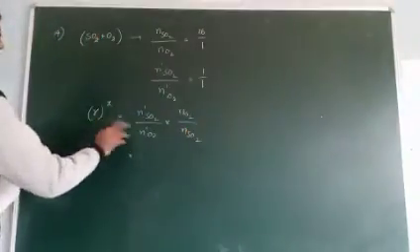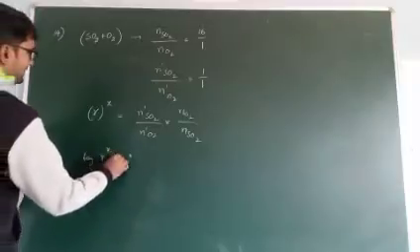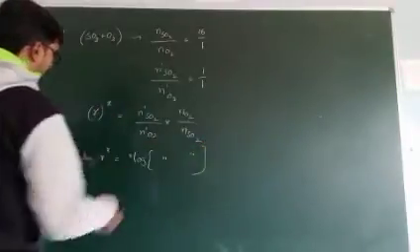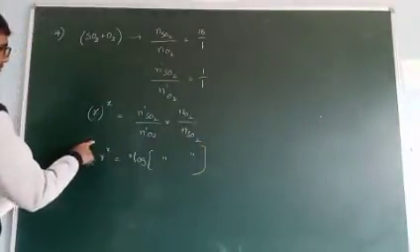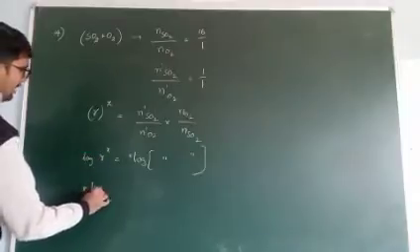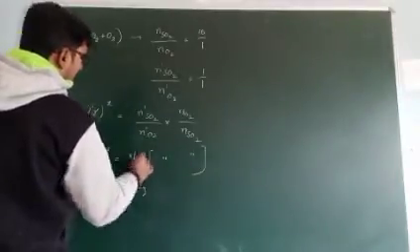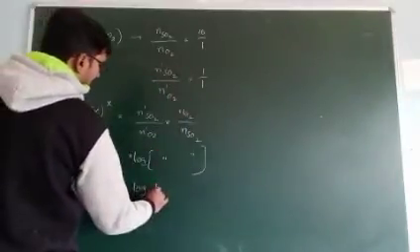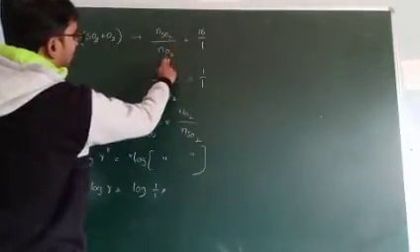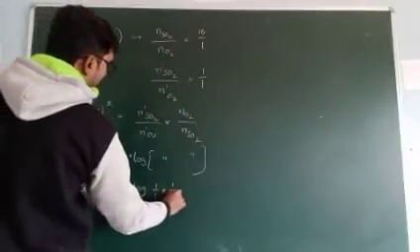Now take the logarithm on both sides. Log r power x is equal to log of this total value. But log a power m is equal to m log a. So x log r is equal to log, this value 1 by 1, and the reverse value, NO2 by NSO2, meaning reverse of 16 by 1, which is 1 by 16.